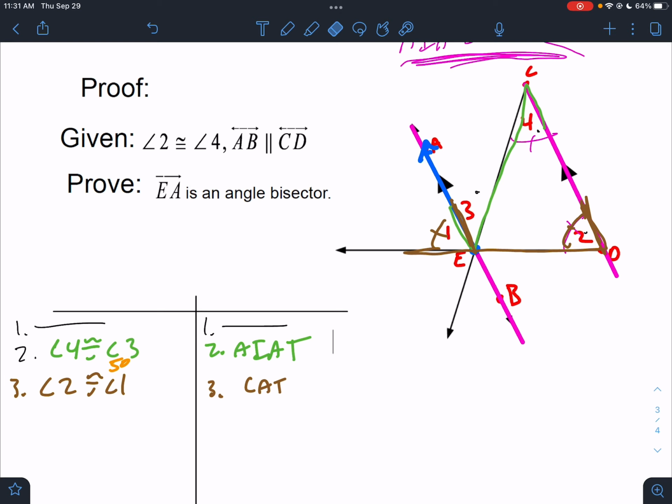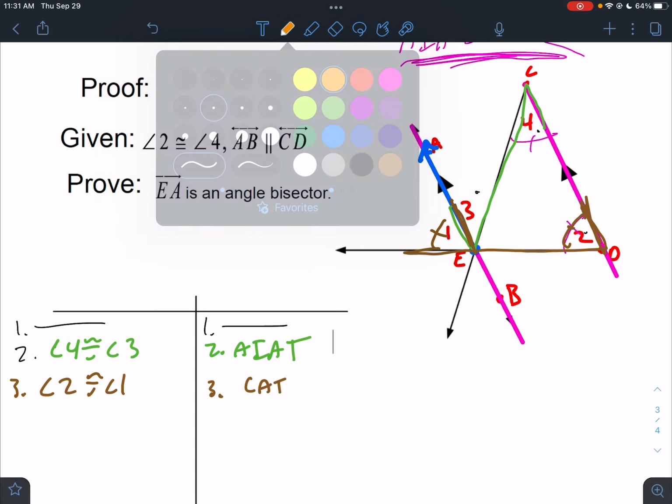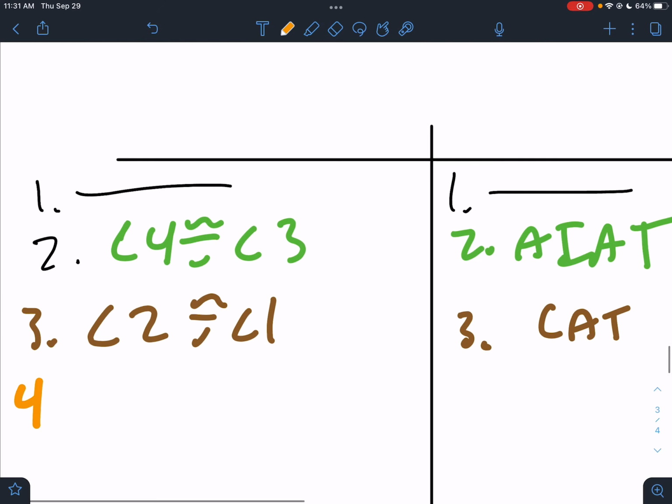I can't hear you. We need to say angles 1 and 3. Remember, that's what we said at the beginning? That if angle 1 and angle 3 are congruent,